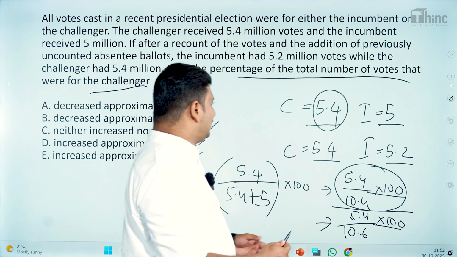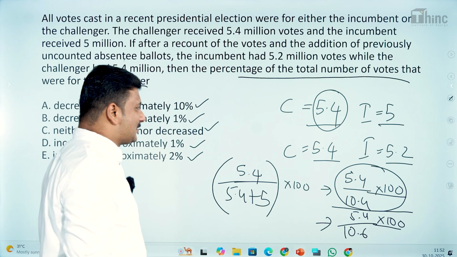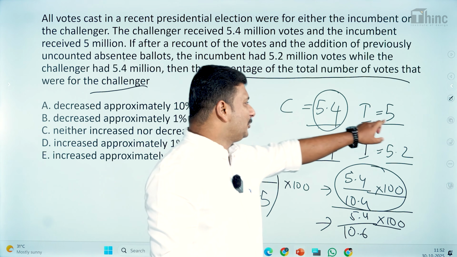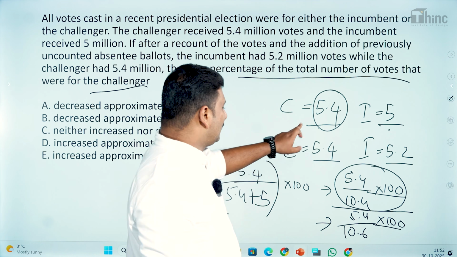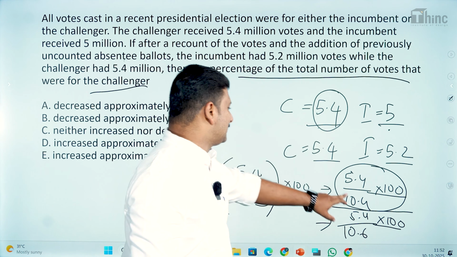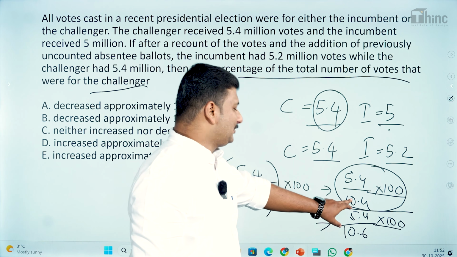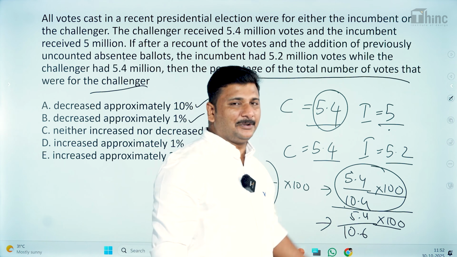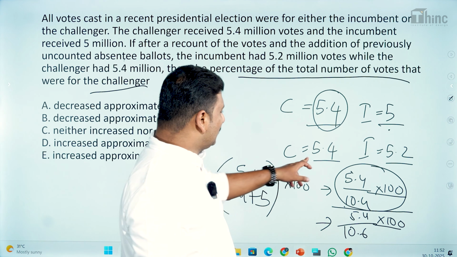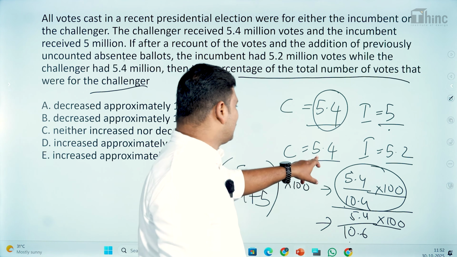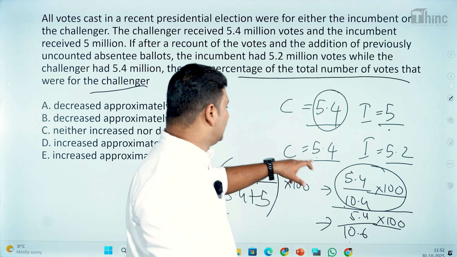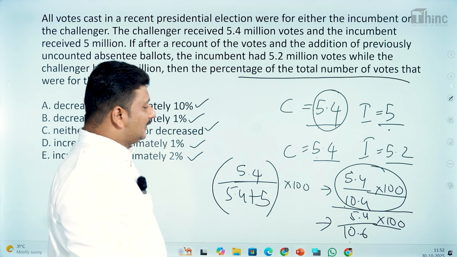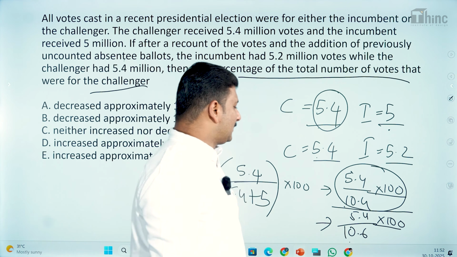For the people who are lost in between, let me just quickly tell you this again. In the first count, challenger received 5.4, incumbent received 5 million votes. So out of 10.4, challenger received 5.4. So what percentage of the total is for the challenger? Out of 10.4, 5.4. So 5.4 by 10.4 into 100. After the recount, the total votes becomes 10.6. The challenger received the same, which is 5.4. So it is 5.4 by 10.6 into 100. Now, whether this value increased or decreased is what we have to look at,